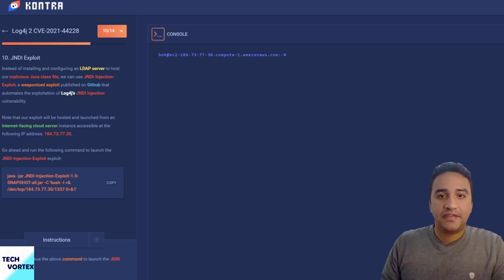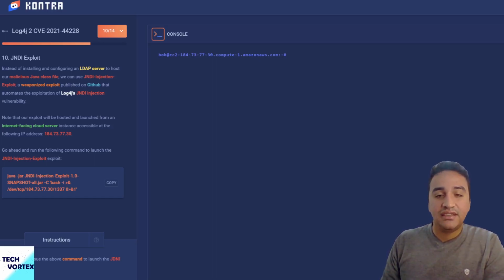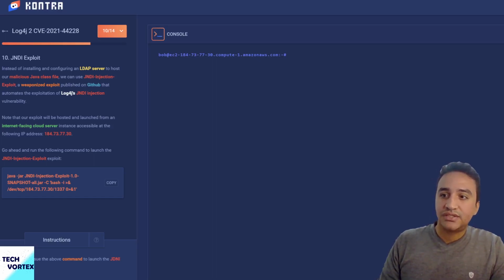Instead of creating a new server and hosting the malicious jar file on it, there is a simple tool available online on GitHub, specifically used in exploiting JNDI instances. If you have Kali Linux, you can download it from GitHub, and in order to operate this tool, all you have to do is to copy